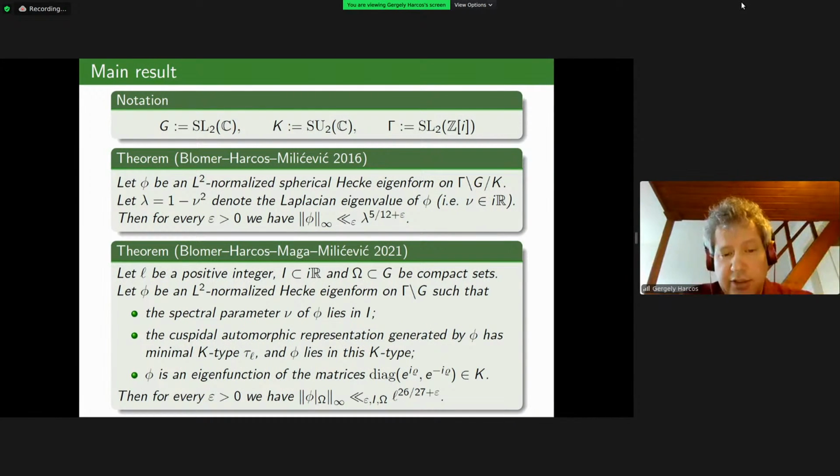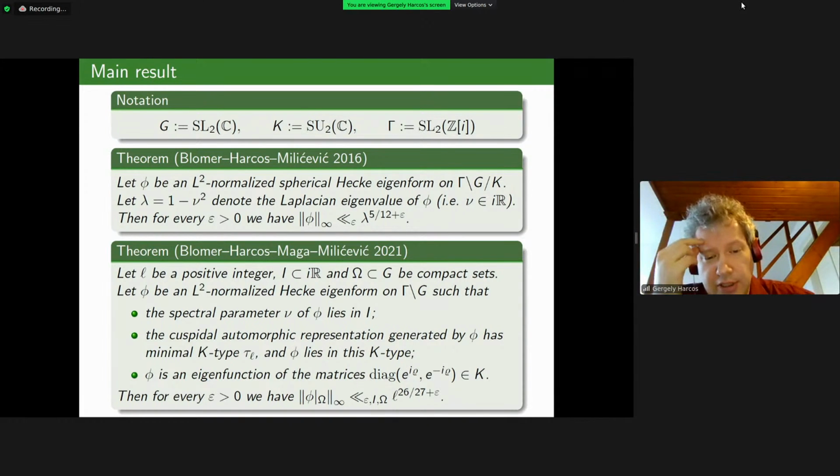So I already told you that nu lies in I. So we talk about bounded spectral parameter here. Spectral parameter is not really moving. What is moving is the K type. So what do I mean? This cusp form phi generates a cuspidal automorphic representation that you can decompose. So when you restrict this representation to K, you can decompose into various irreducible representations of K, each